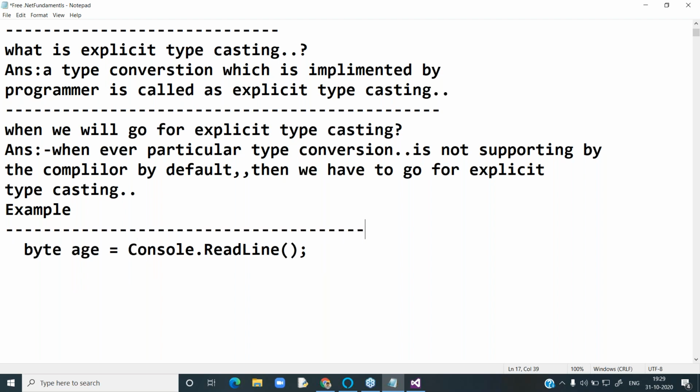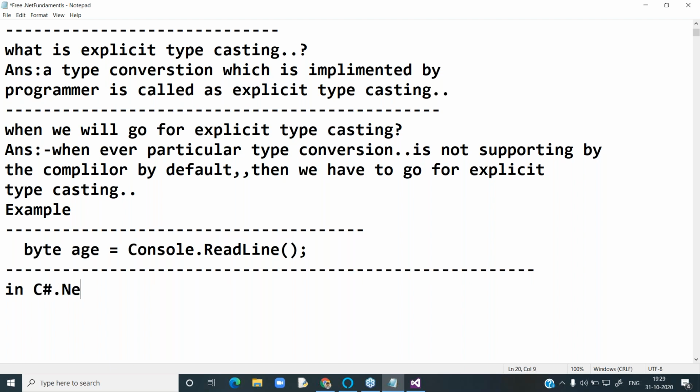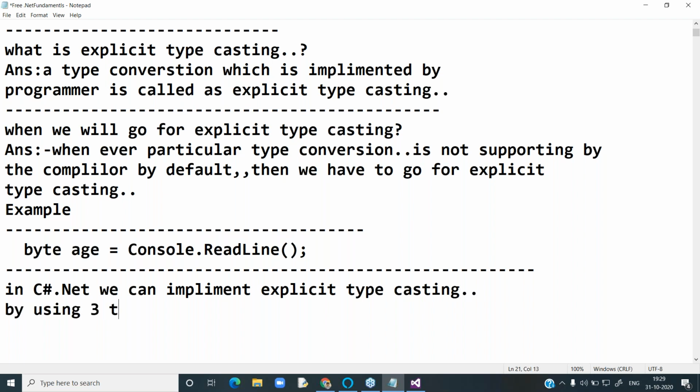Next, in C#.NET, we can implement explicit typecasting by using three techniques. Number one, parsing.